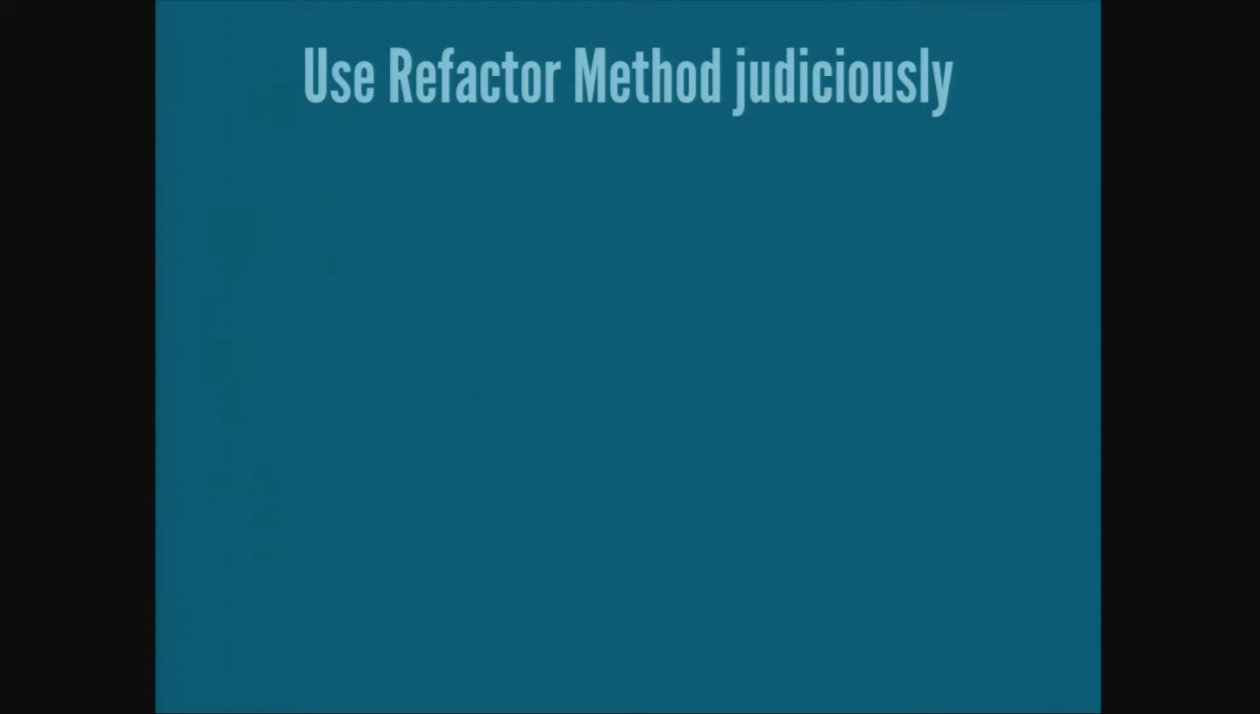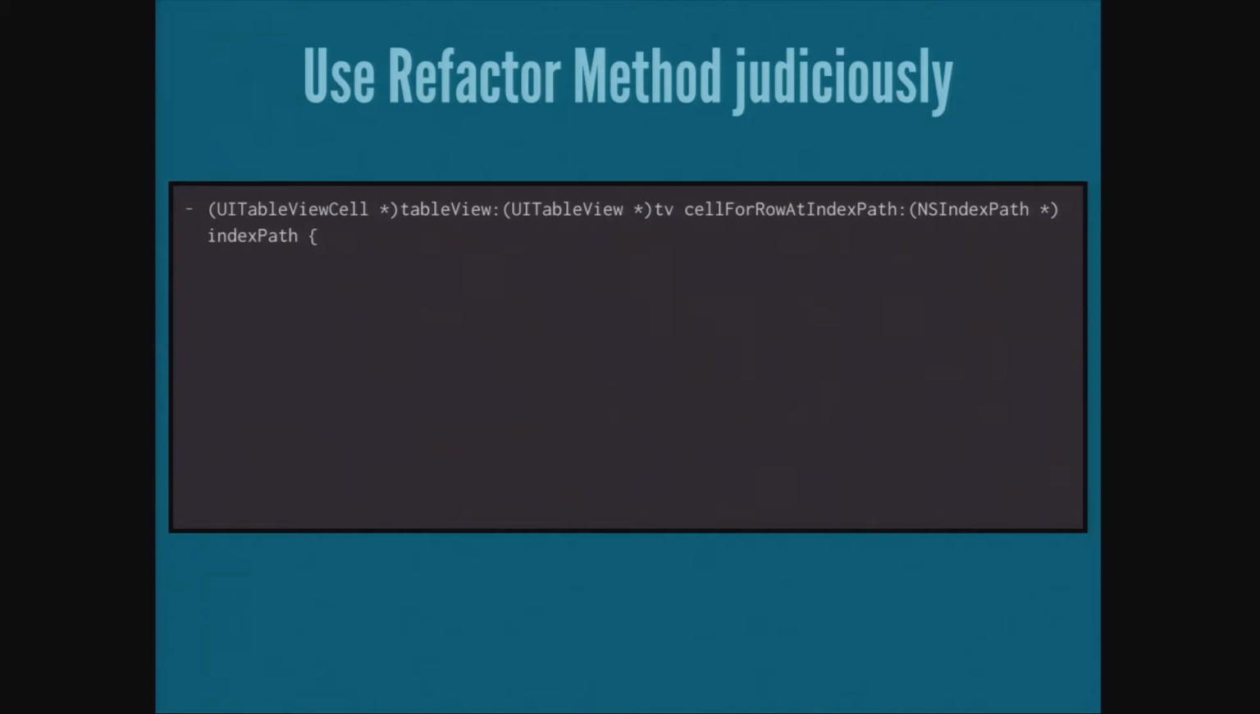So I use Refactor Method judiciously. It's one of my first sort of code cleanup tactics. I see long methods, I want to try and extract concepts. Unfortunately, Xcode's tools for this are still terrible, but you don't necessarily need a refactoring tool to do a quick extract method. So say I have a tableView:cellForRowAtIndexPath: implementation here, and you've all seen code like